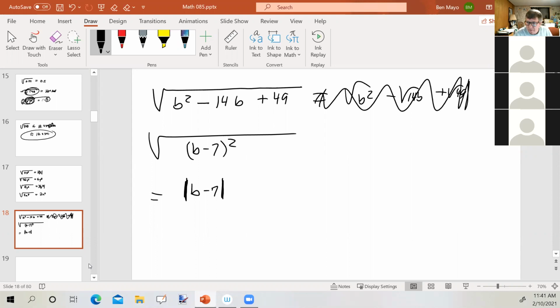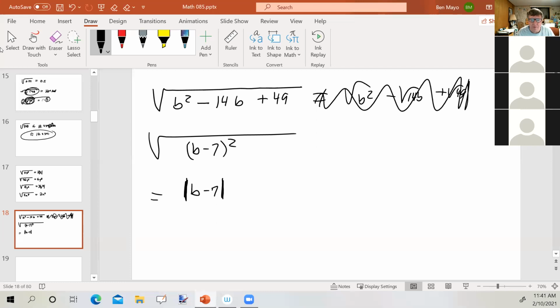That's what we put in our answer, that's what it needs right there. Because the directions said the variable was unrestricted, b could be a negative number, and so b minus 7 could be negative, but when we take an even root, we have to get a non-negative answer, so we've got to protect ourselves against that. Okay, I know it's kind of a tricky thing. You'll get it. It just takes a little practice. Okay,